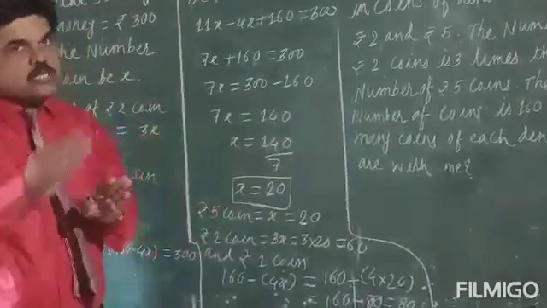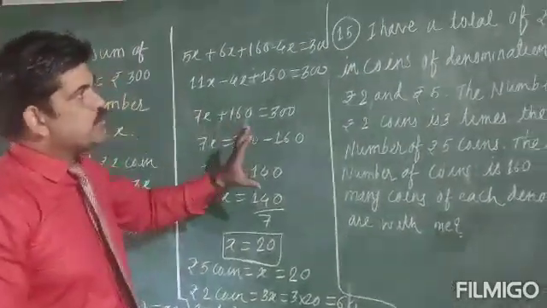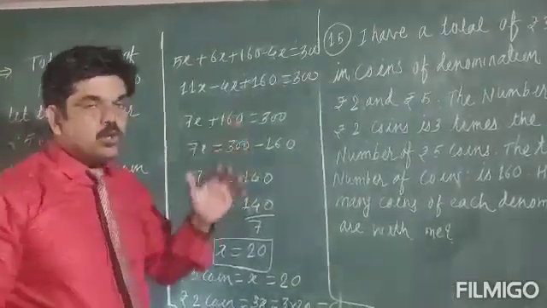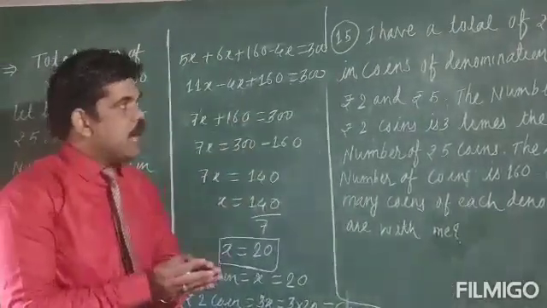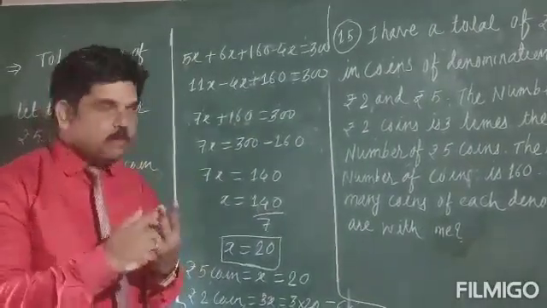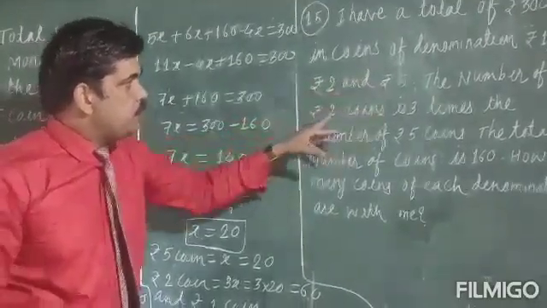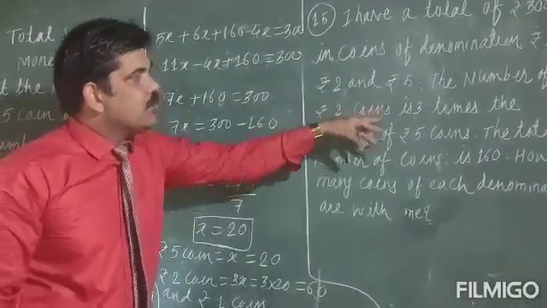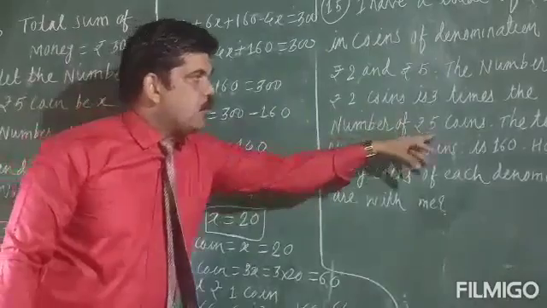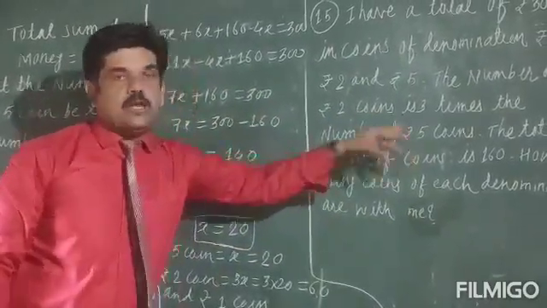So the previous question and this question are a little bit similar. Now if you observe the question carefully, the total is rupees 300 and there are 3 types of coins: 1 rupee, 2 rupees and 5 rupees. Till here we got this information. The number of 2 rupee coins is 3 times the number of 5 rupee coins. This is very important. That's why we'll consider the rupees 5 coin count as x.